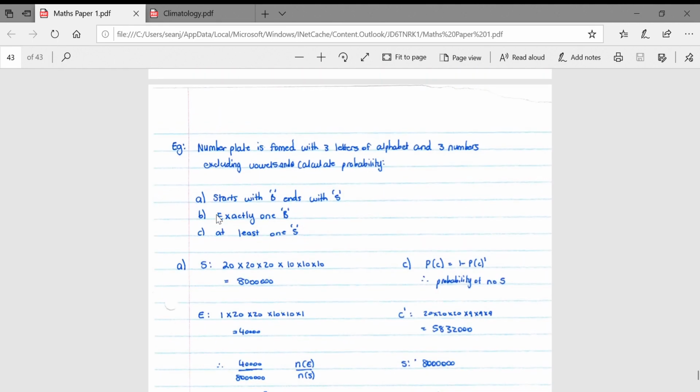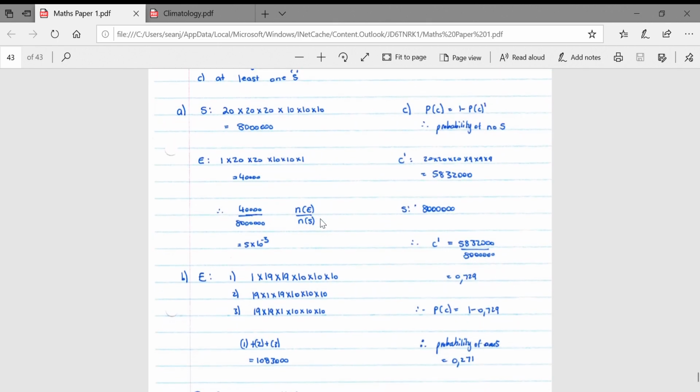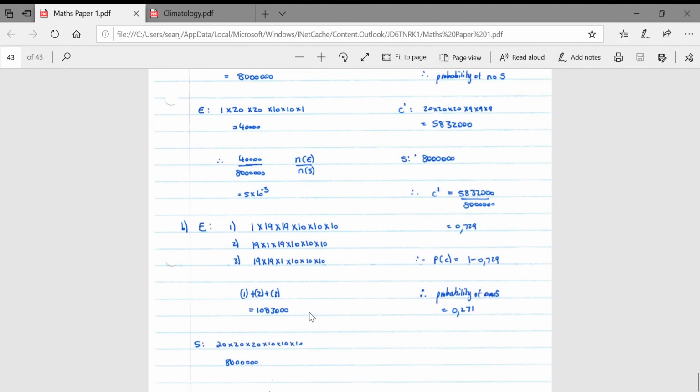Then if we look at B, probability of the number plate having exactly 1 B. So we say, okay, there's 3 possibilities here. They are illustrated here. Either the B can be first, the B can be second, or the B can be third. Your numbers stay the same, and for the rest of your letters, you have 19 choices, because obviously you're using a B already and you can't repeat the B, so you take away 1 from the 20. And then you add these together and you get